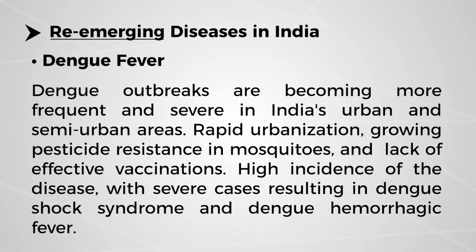It is not only in Delhi, but also in all parts of India, most of the cities have emerging cases of dengue, with growing pesticide resistance in the mosquitoes and a lack of effective vaccinations. If detected early, it is very curable, but if you delay or never visit because you thought it is not that type of disease, it can be severe, resulting in dengue shock syndrome and dengue hemorrhagic fever. People also die because of dengue, it is very serious.